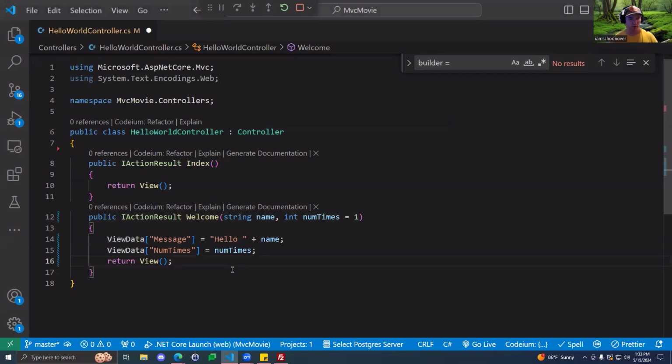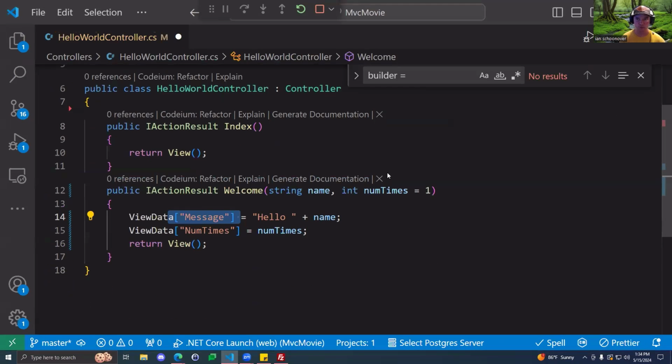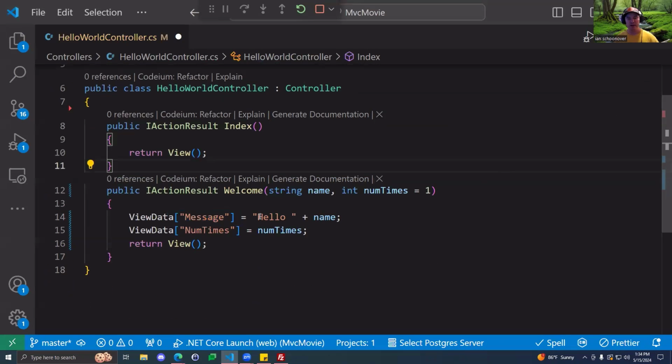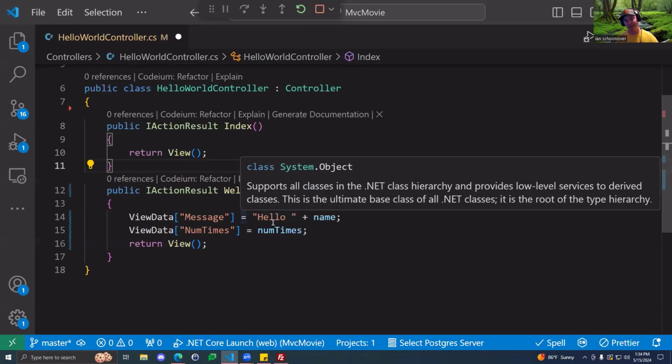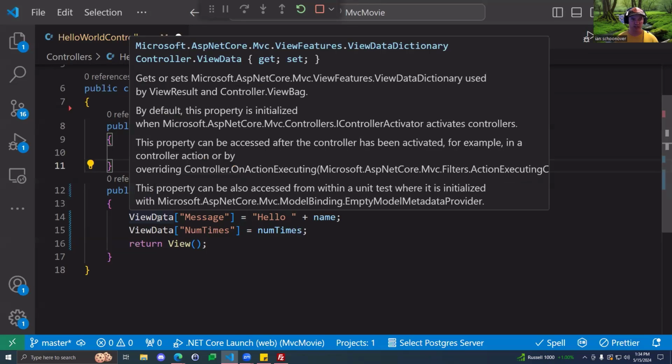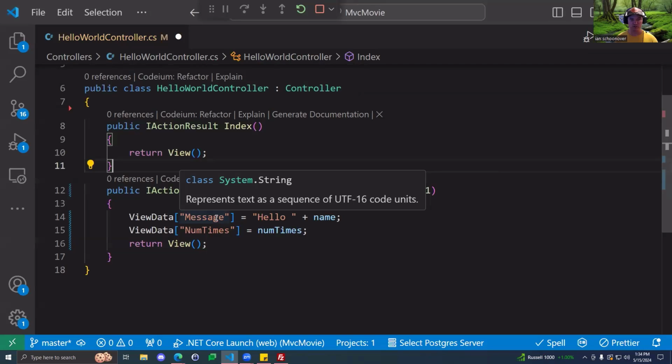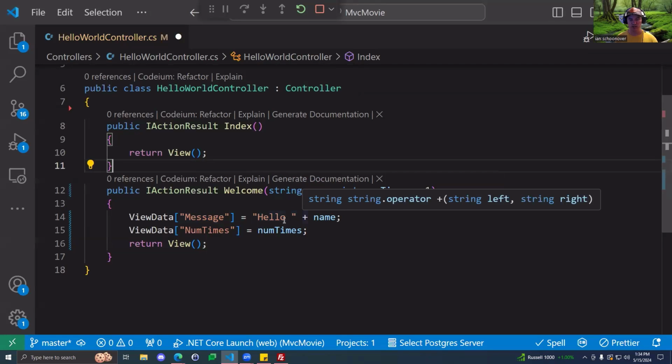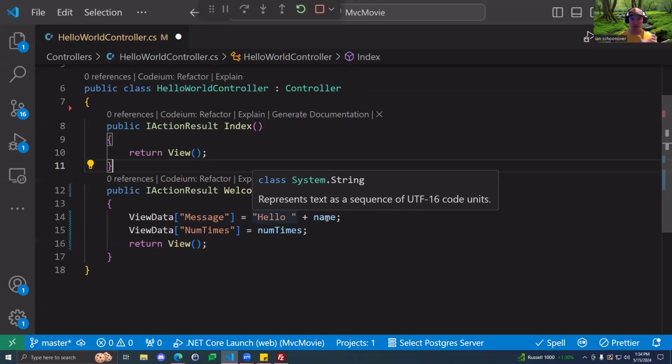Awesome, so view data dictionary is just this data structure that has key value pairs, and so the keys are what are inside of the square brackets here. Make this a little bit bigger so we can see it better. And then the values that they're mapped to are whatever's on the right-hand side of this assignment operator. So we're saying, hey, this view data dictionary or object is going to have a key called message, and it's going to point to this string that is prefaced with hello, and then a dynamic string value name that's coming from the